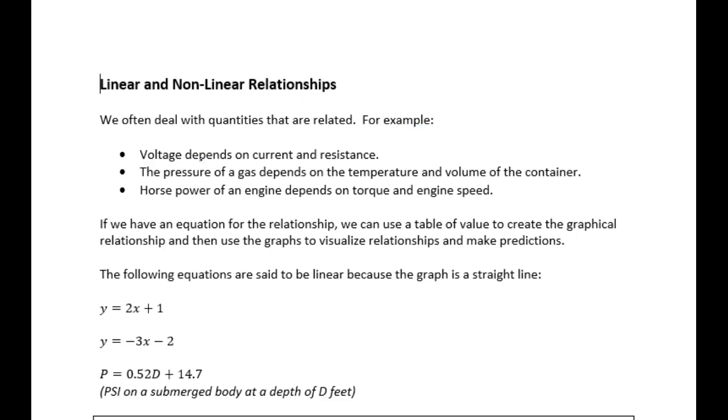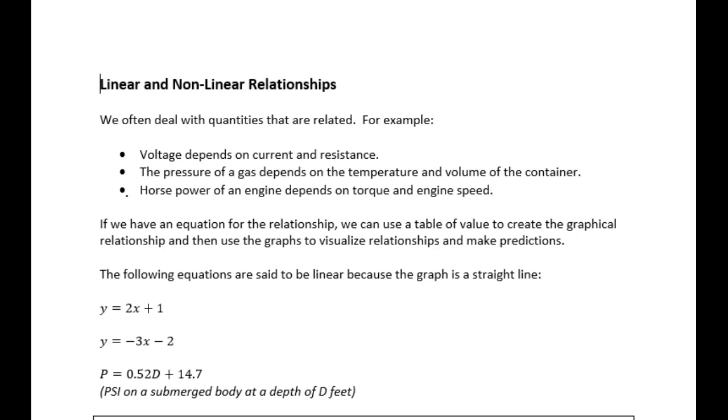So for example, voltage depends on current and resistance. The pressure of a gas depends on temperature and the volume of a container. Horsepower of an engine depends on torque and engine speed. So we have all these relationships happening, and certainly a lot of the times we can mathematically model those types